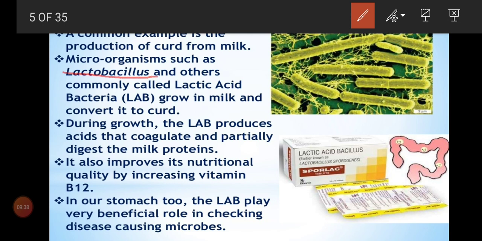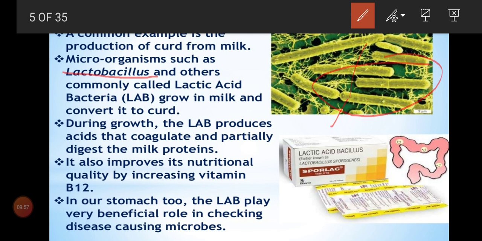Lacto means, why we are specifying lactobacillus: lacto means the sugar which is present in the milk, which is lactose sugar. Bacillus means a type of bacteria. It is a rod shaped bacteria. Now look at the structure. This is a rod shaped bacteria. We can even see